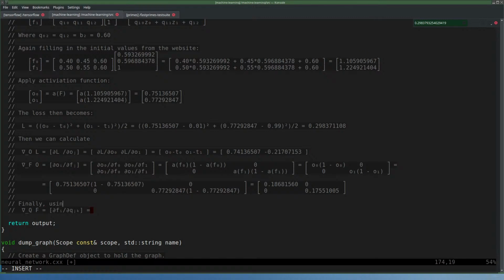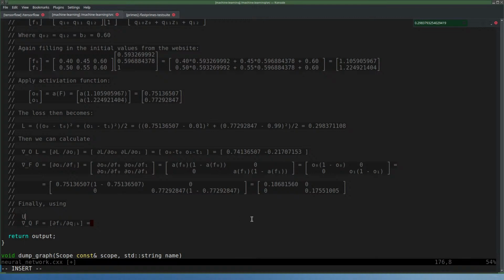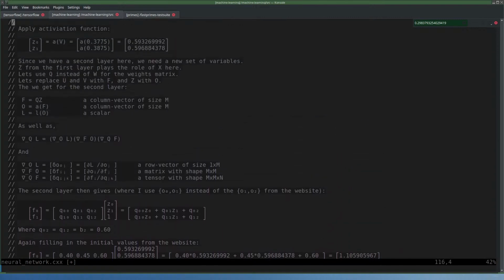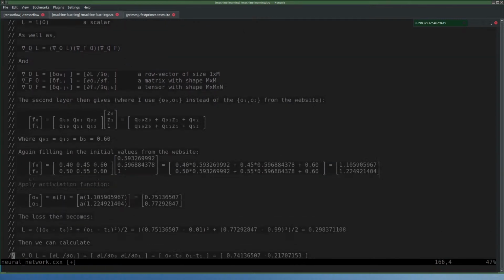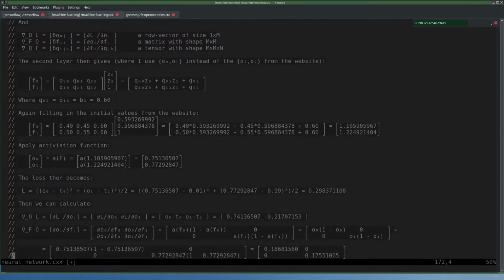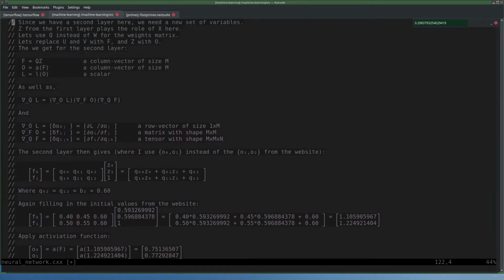Finally, using, so I have Q times, the result is F, Q times Z. And I want to write that out where my Q is the weight matrix, which is so